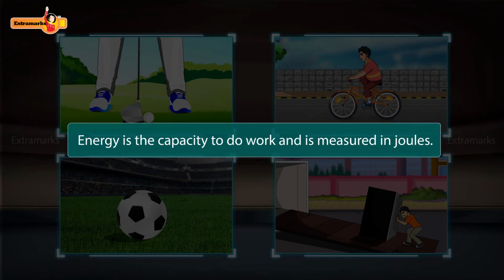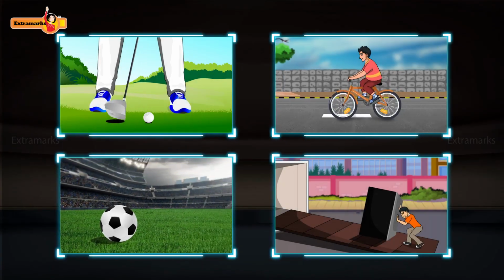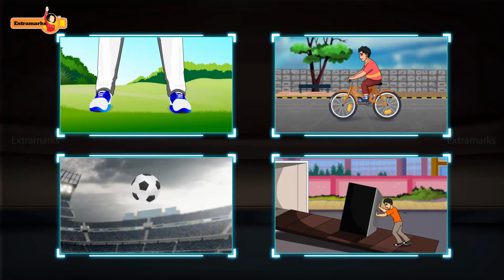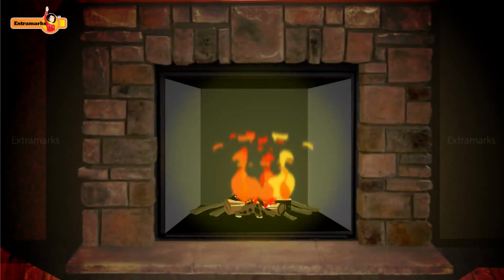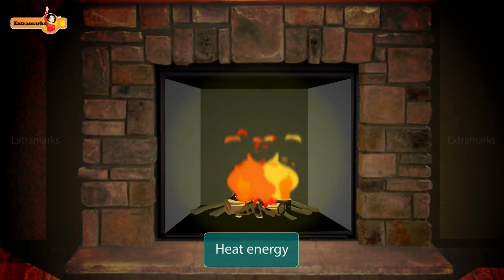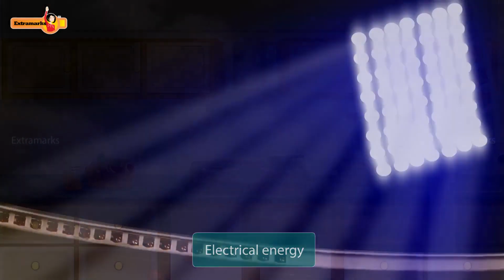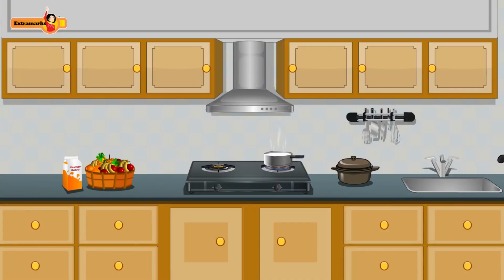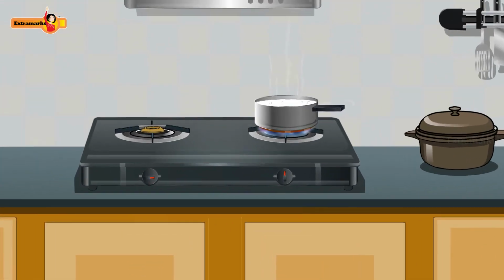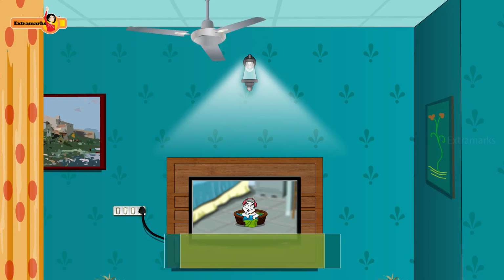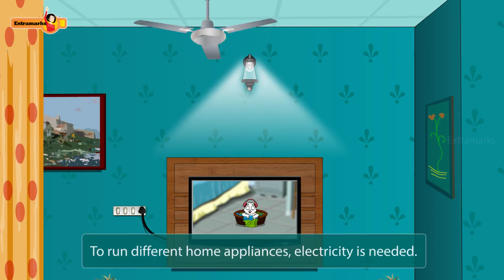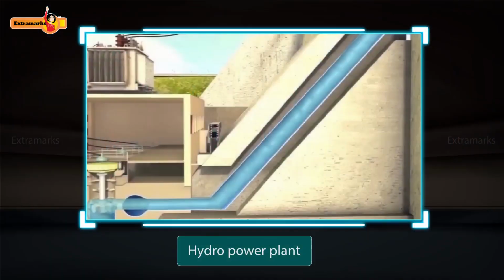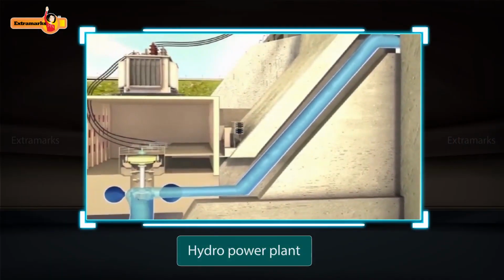Energy is the capacity to do work and is required in every activity of our life. Energy is mostly needed either in the form of heat or electricity. For example, we need heat energy for cooking food, which is obtained by burning fossil fuel such as cooking gas. To run different home appliances, we need electricity which is obtained from different power plants such as hydropower plant,